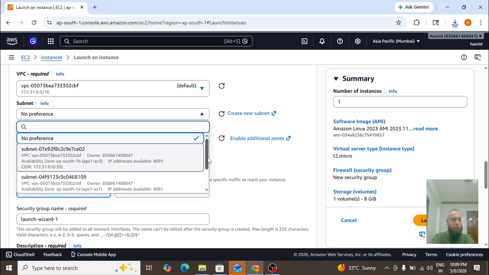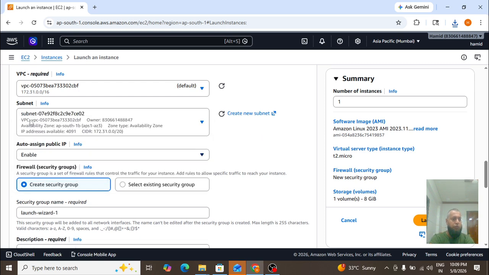So here by default in Mumbai region there are 3 subnets. You can select any of these 3, but I am selecting the first one, and this subnet should be inside the VPC itself. If it is not in the VPC, then you will not be able to connect it. Okay, understand that. I will show you in VPC. Can you see this AP South 1B? I selected it. Okay, next,